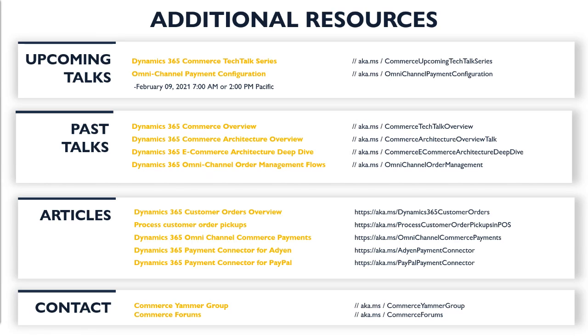And some of the articles: customer orders overview, processing customer order pickups, and omni-channel commerce payments. As I mentioned, this is a feature that we introduced last summer that ties all of this together, and it gives you some good in-depth documentation around how we do omni-channel payments. And then we have extensive documentation for our out-of-box connectors for Adyen and PayPal. And don't forget, please be engaged in the Yammer groups and commerce forums.